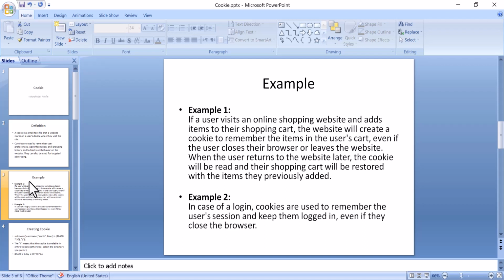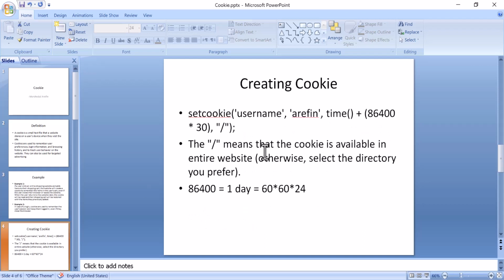Another one is when a user logs in, then cookies are used to remember the user session and keep them logged in. So if they close the browser and next time come again to the website, the user does not need to give the login information again. He will just be logged in to the website. So for this purpose cookies are used, and I am going to show you with a practical example